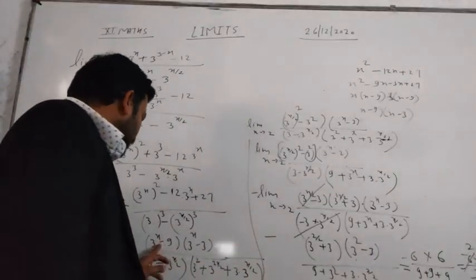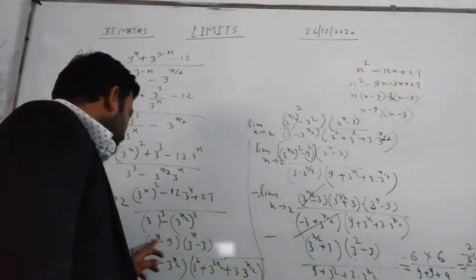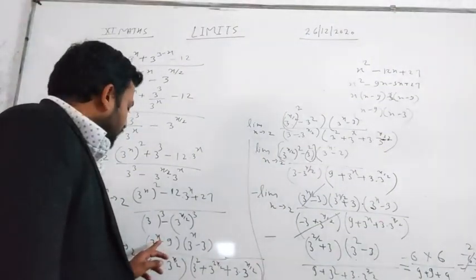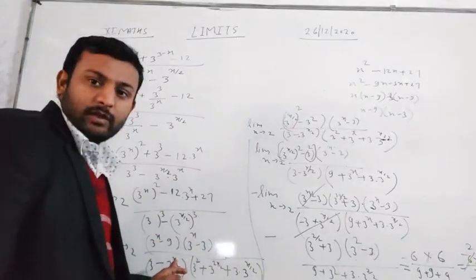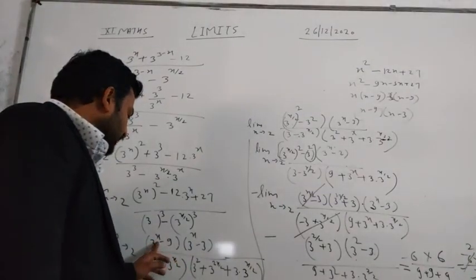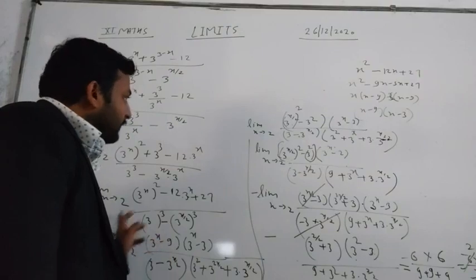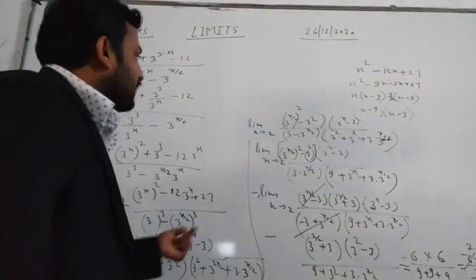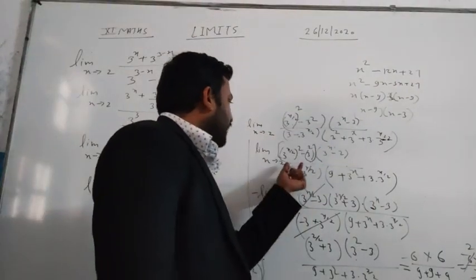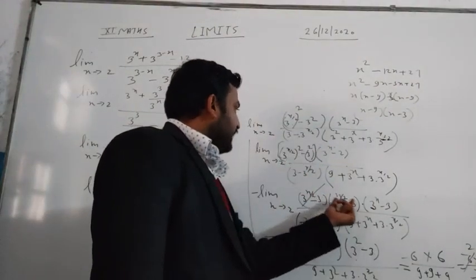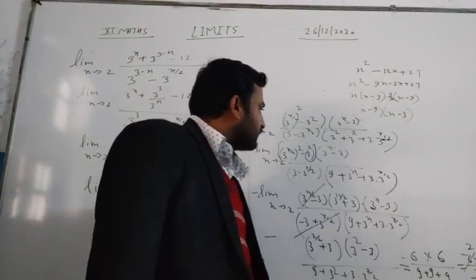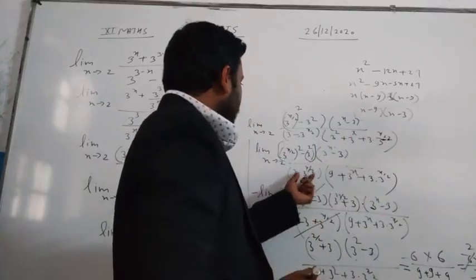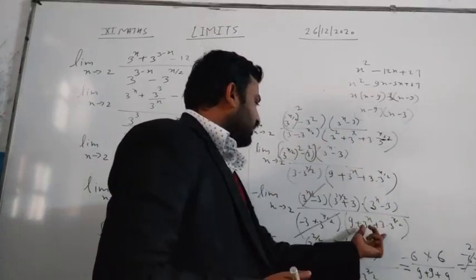Now this, student, we can write as 3 to the power, this is root 3, so we can write root 3 whole square. So root 3 can be written as 3 to the power x by 2 and whole square minus 9, which is 3 square. So this is a square minus b square. So we write a minus b, a plus b, and this term is the same as, so here is 3. So we write 3, and this term is the same as.